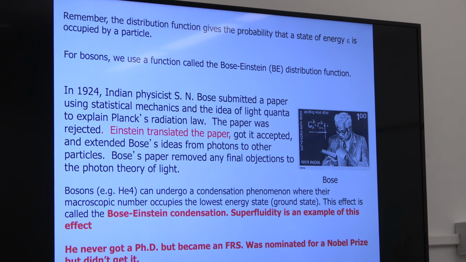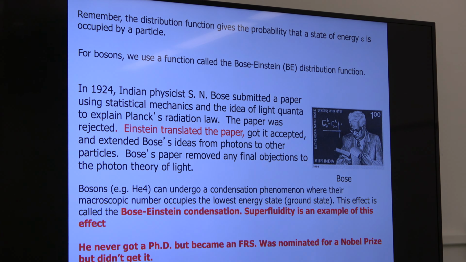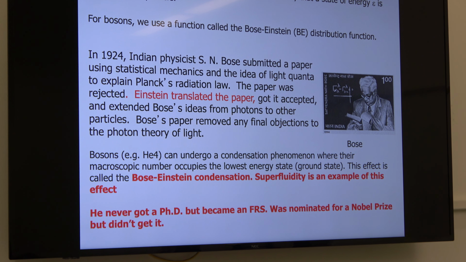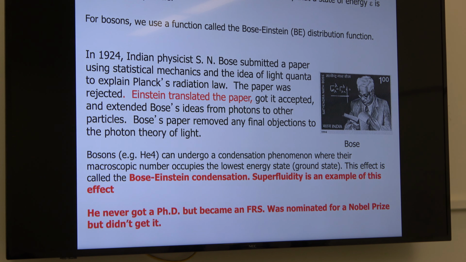Okay. So this is Bose. Indian physicist S.N. Bose wrote this paper where he introduced what is now called Bose-Einstein statistics, and even later predicted Bose-Einstein condensation, which I'll explain in a second, which is important for biology because some people believe that that's what's happening. He never got a PhD,